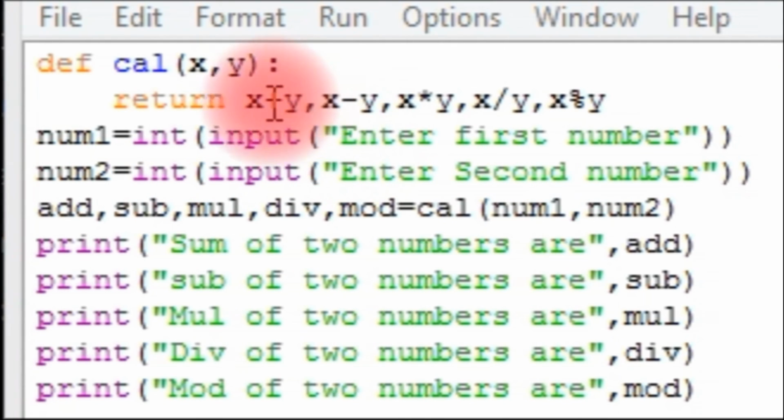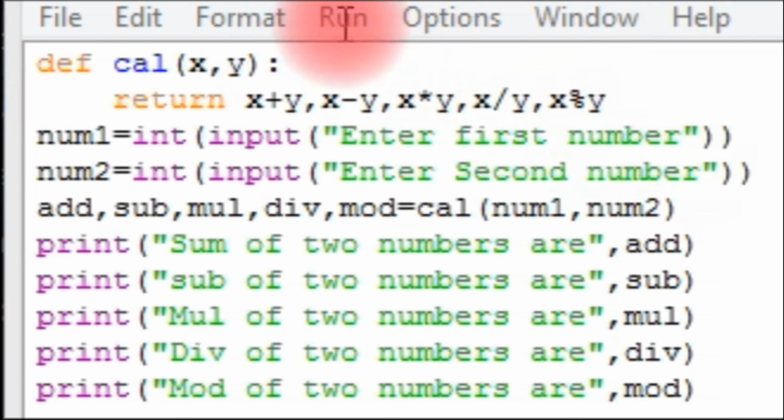So the respective values will be stored in the corresponding variables. The first value is stored in the variable add, the second value is stored in the variable sub, and the third value is returned and stored in the variable multiply, and accordingly for the remaining values. And using the print statement, you are displaying the result.